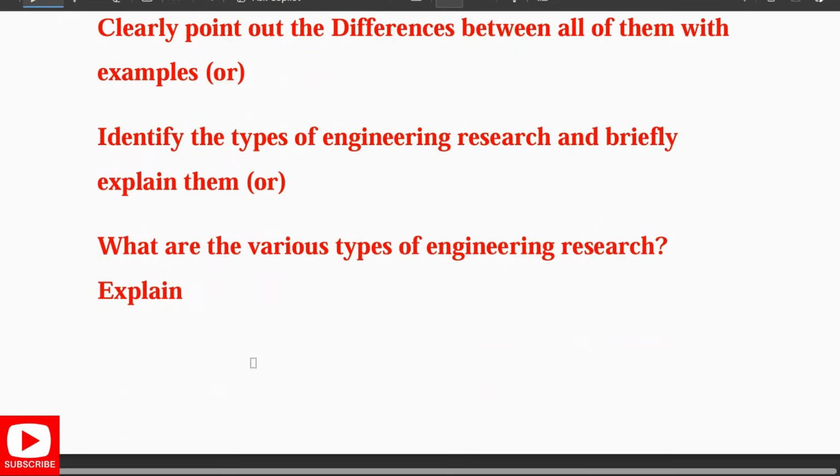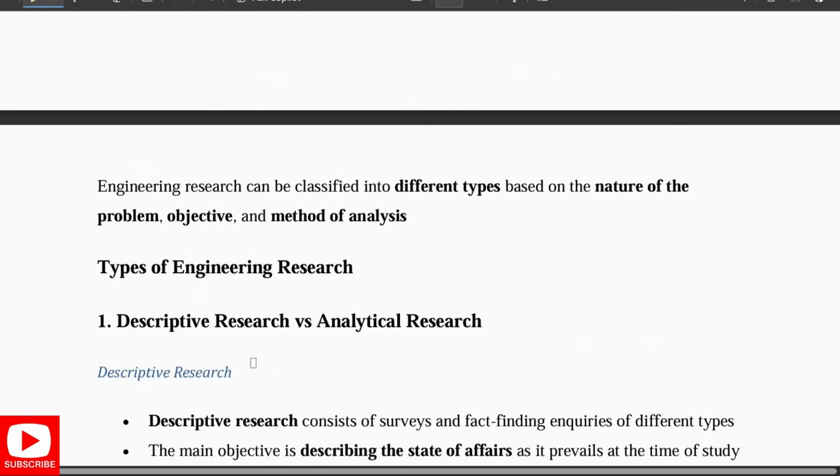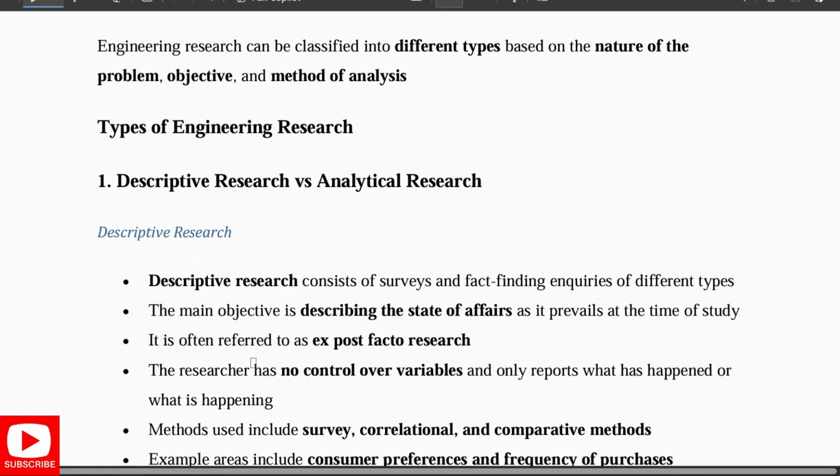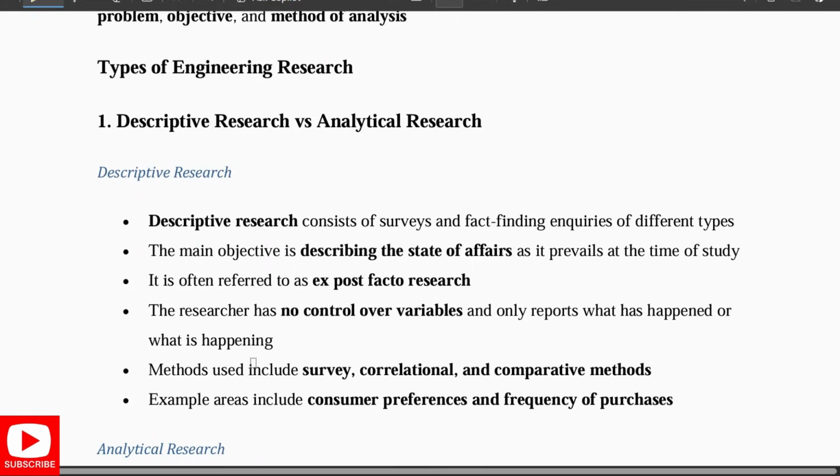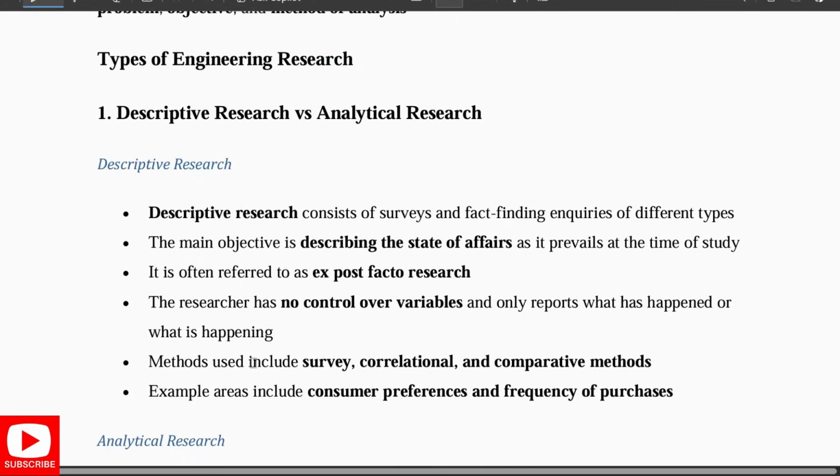This is in the December-Jan 2025, the different formats of asking the question. So classifying them based on the nature of the problem, objective or the method of analysis we are having. The first type is descriptive research versus the analytical research. In the descriptive research, it consists of surveys and the fact finding